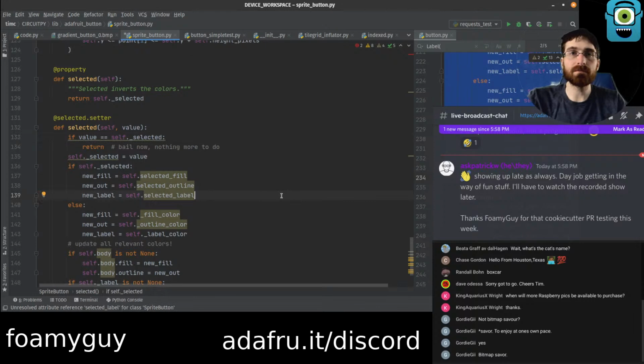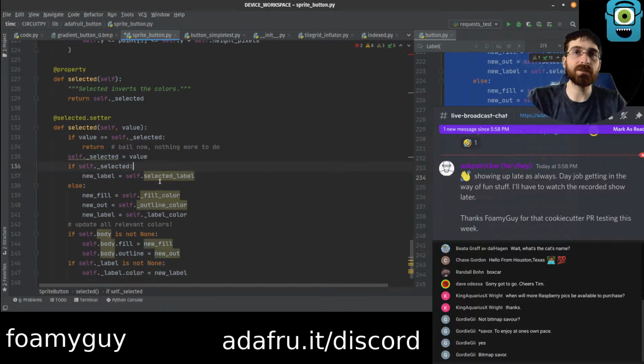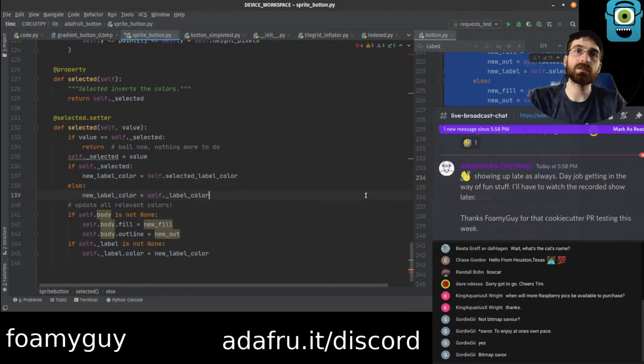All right. We're not doing fills and outlines. This is actually color. No fills and outlines. We don't have body.